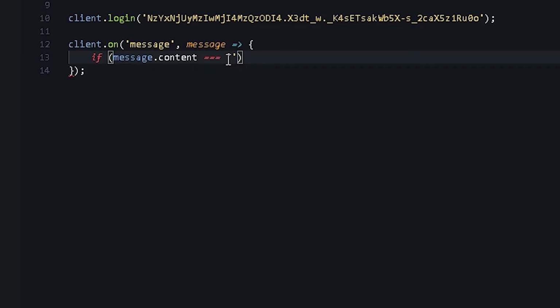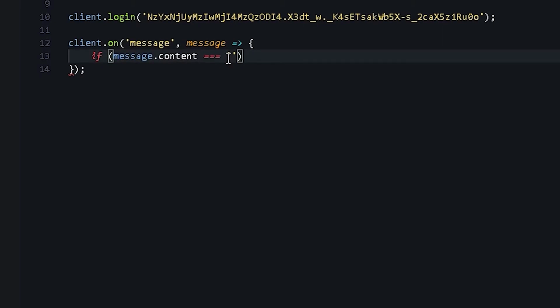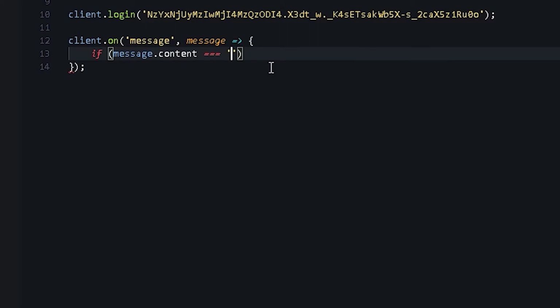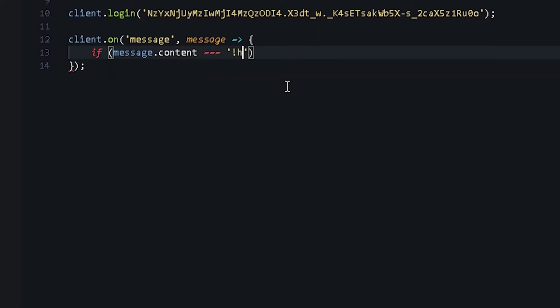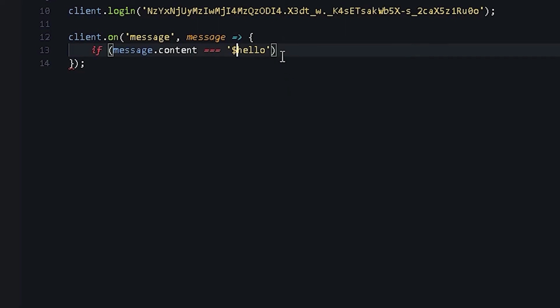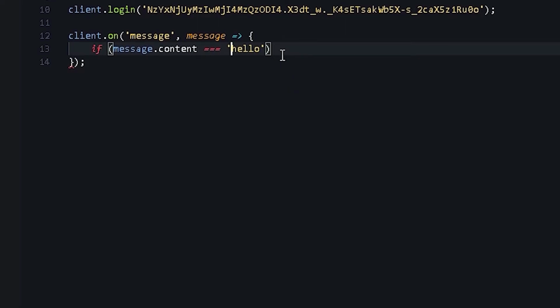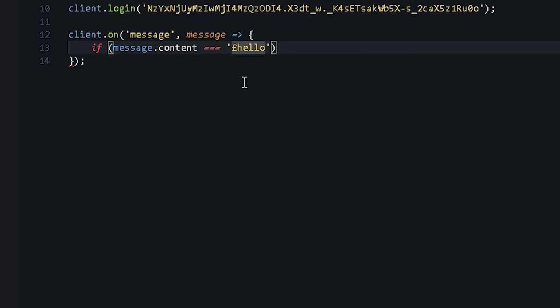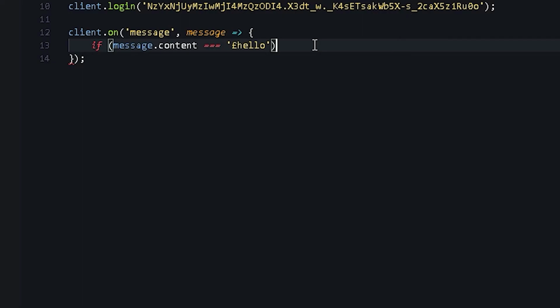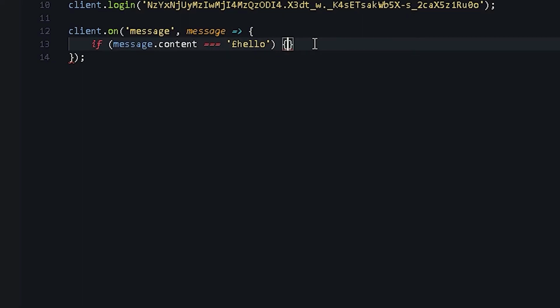So every time you send a message, it's going to check if the message content is, we're just going to do hello. Okay, whatever. It doesn't really matter what you put there, and then you're going to do space, curly bracket,